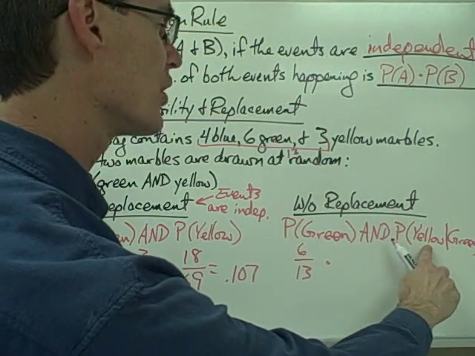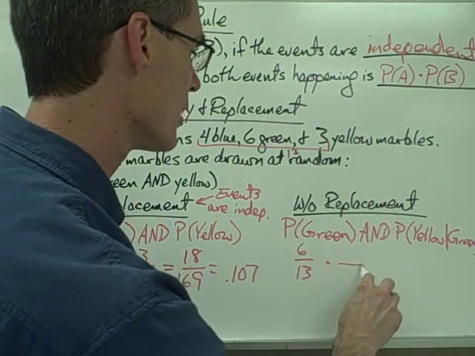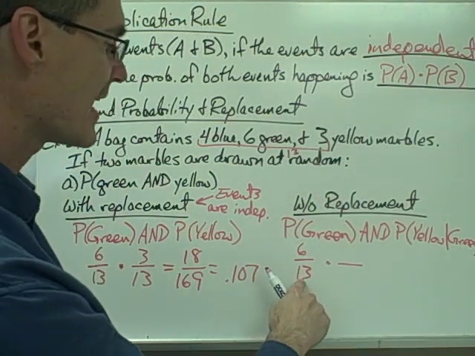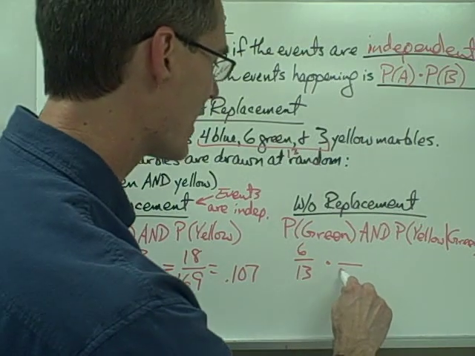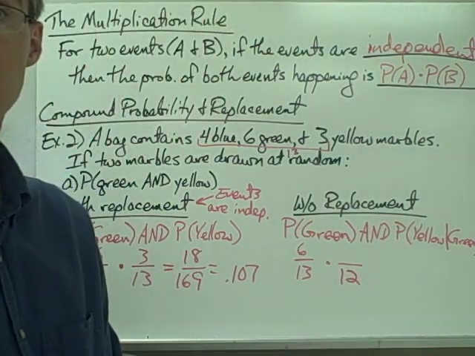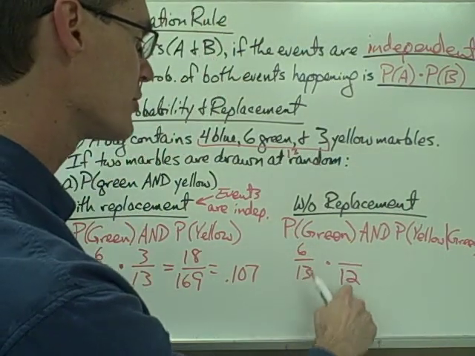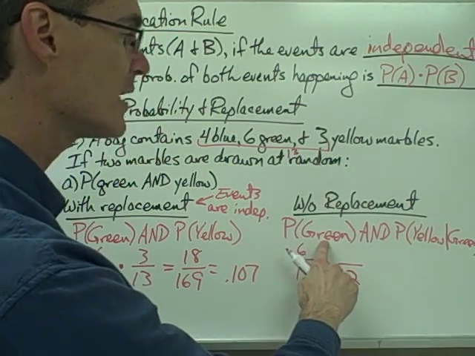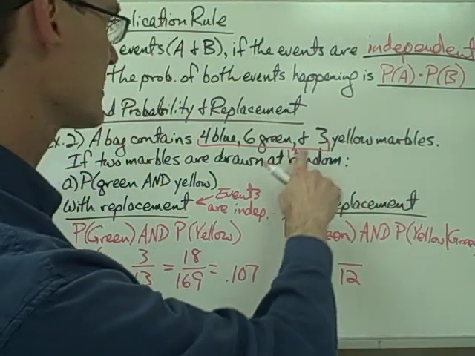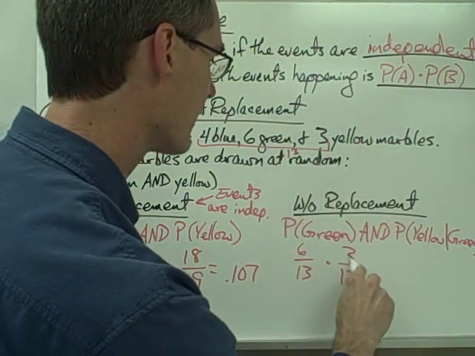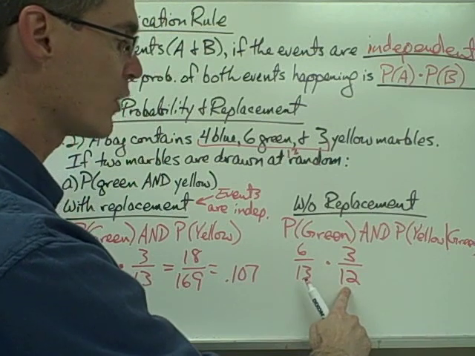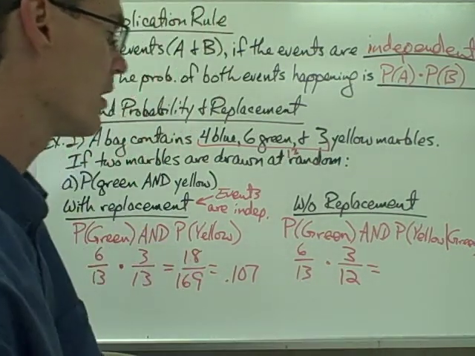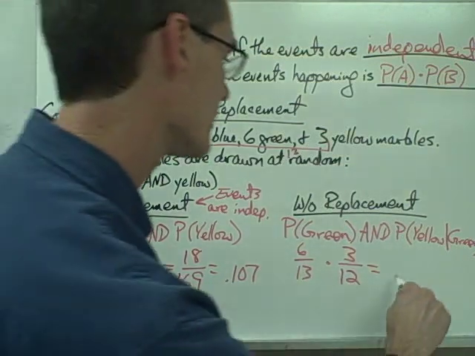So the probability of drawing a yellow marble, given that I've already drawn a green marble, well, since I've already drawn a green marble, I'm not putting it back. That means that I no longer have 13 marbles in the bag. Now I have 12 marbles in the bag. How many of those 12 marbles are yellow? Well, for my first event, I drew a green marble, so I still have 3 yellow marbles in the bag. I have 3 yellow marbles in a total of 12 marbles, so the probability of this second event is 3 over 12. And so if I multiply these numbers out, then I get